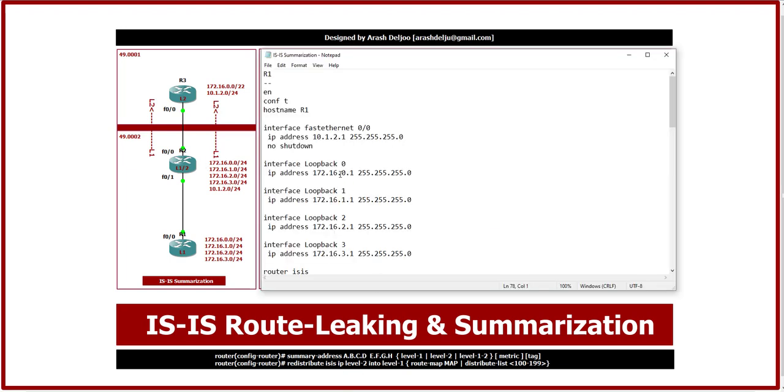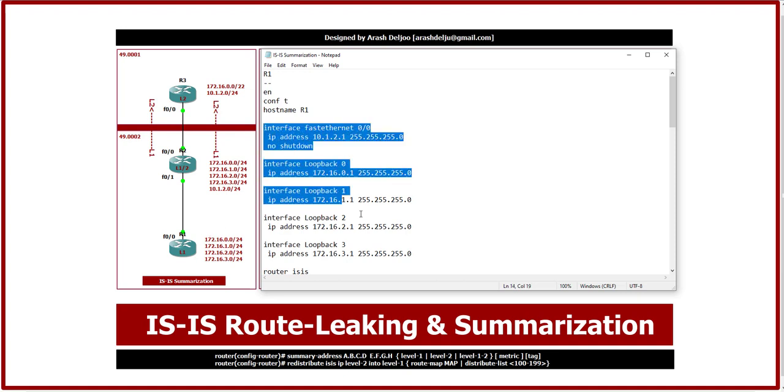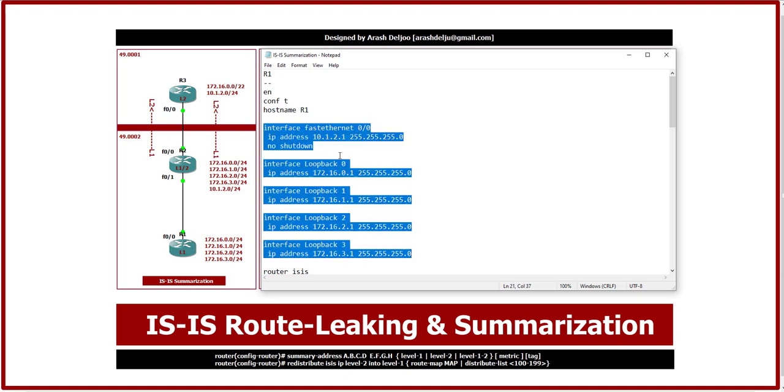I'm going to show you first the notepad file of the configuration of IP addressing and also ISIS without summarization in this scenario. I configured R1 with 5 interfaces. The first is FastEthernet 0/0 with the IP address of 10.1.12.1/24 with the no shutdown command, and also I configured 4 loopback interfaces: loopback 0, loopback 1, loopback 2, and loopback 3. Loopback 0's IP address is 172.16.0.1/24. Loopback 1's IP address is 172.16.1.1/24, and loopback 2's IP address is 172.16.2.1/24, and finally loopback 3's IP address is